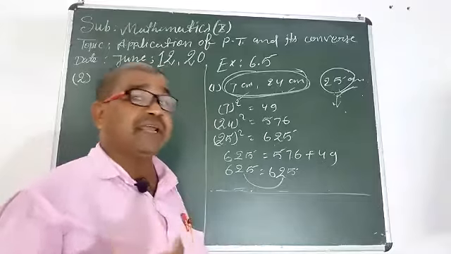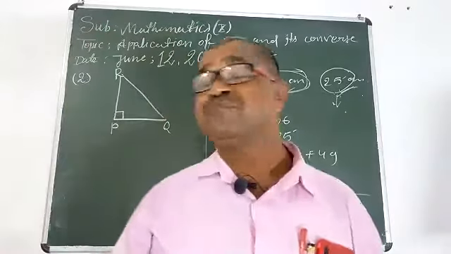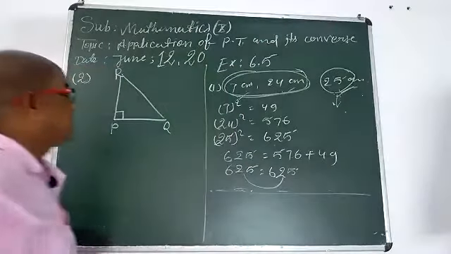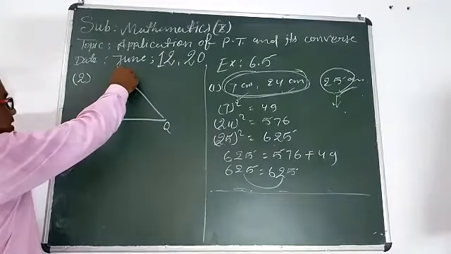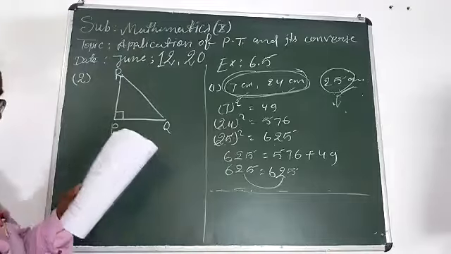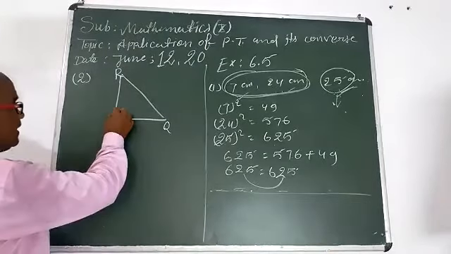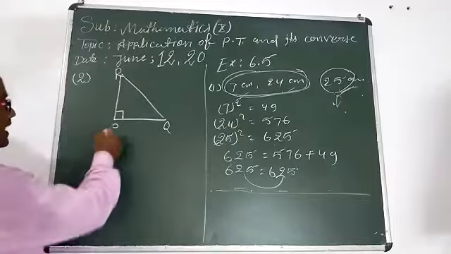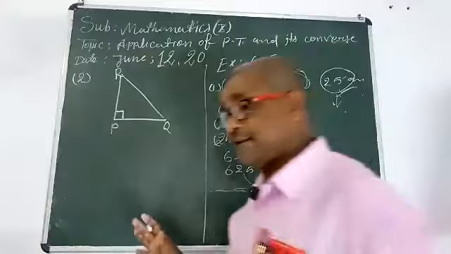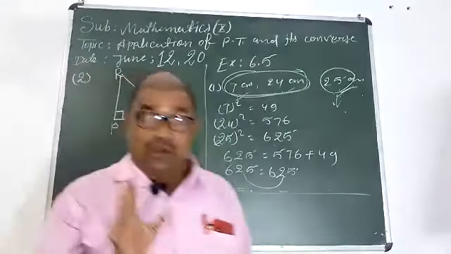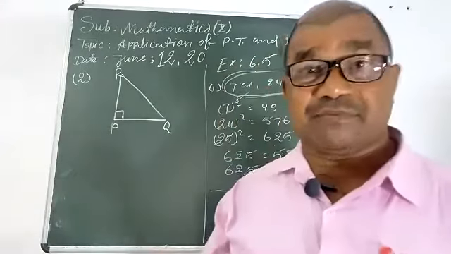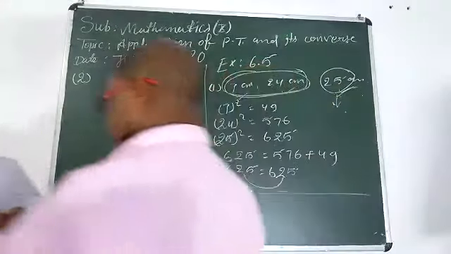It means in a triangle, one angle is a right angle. So we should draw a right angle triangle, student. Very good. This is the rough diagram. This is a right angle triangle because the question is saying right angle at P, and the name of the triangle is PQR. In this way, we can complete the diagram from this statement. That is the best idea for a student, so you should mind seriously.